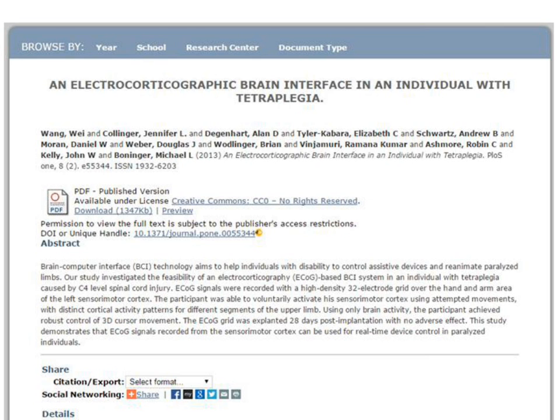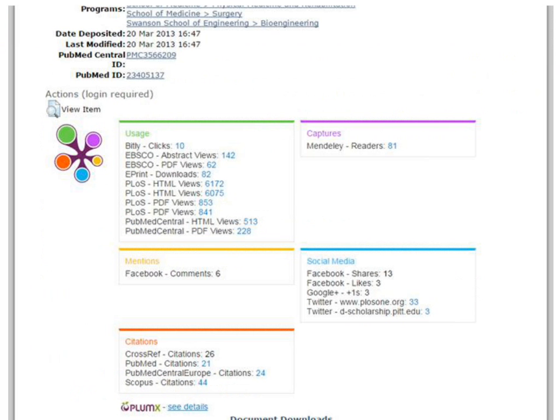Here's an article by a team of researchers at Pitt that was published in PLOS One. So you're looking at the record as it appears in D-Scholarship at Pitt, our institutional repository. If you scroll down the abstract page, you'll see where we have embedded the PlumX widget. Each time this page is displayed, the widget is dynamically generated, and it shows current information from PlumX.